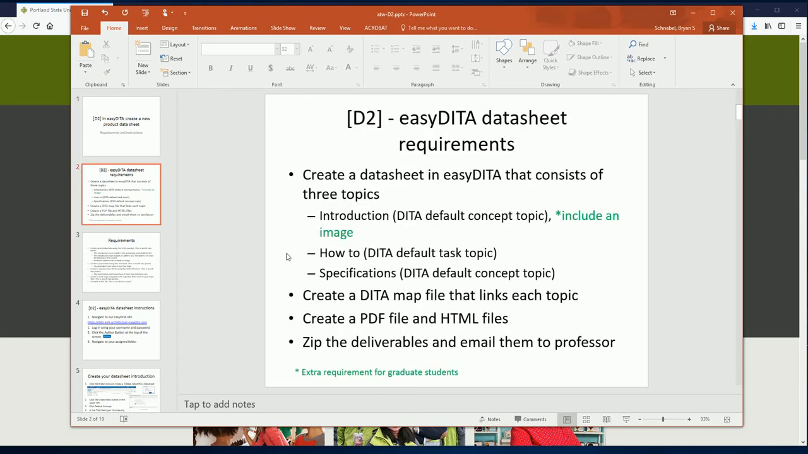Okay, so D2, the requirement is for you to create an easyDITA data sheet. You have to create a data sheet in easyDITA that consists of 3 topics: an introduction, which will be a DITA default topic, and if you're a graduate student you have an extra requirement to include an image, a how-to topic, which will be a DITA default task topic, and specifications, which will be DITA default concept topic. Actually, that will be a DITA default reference